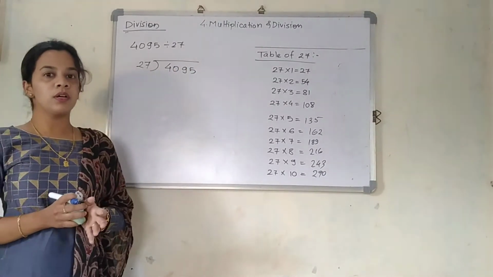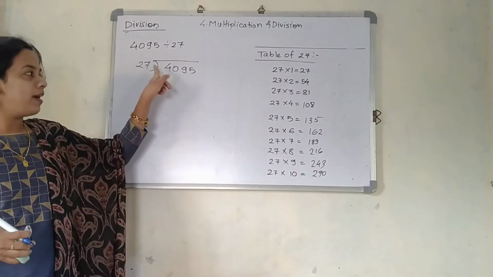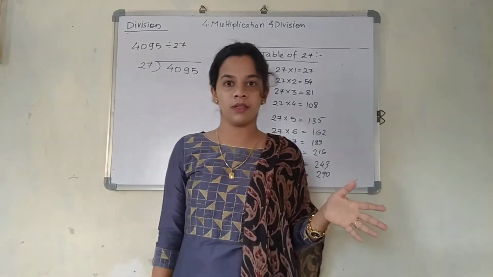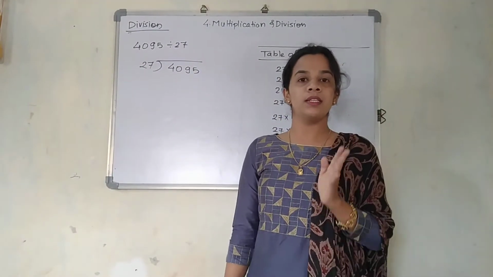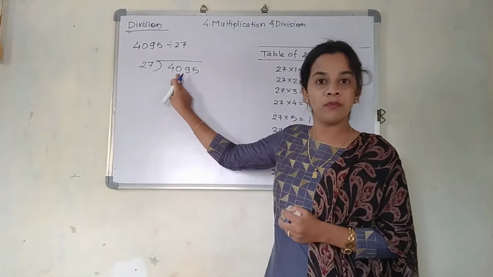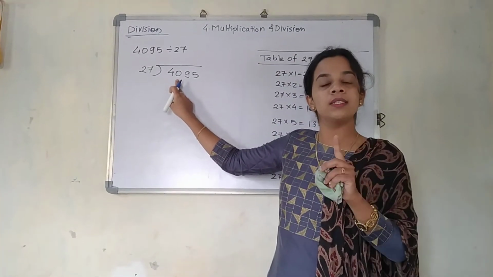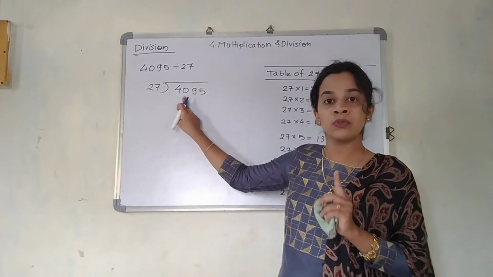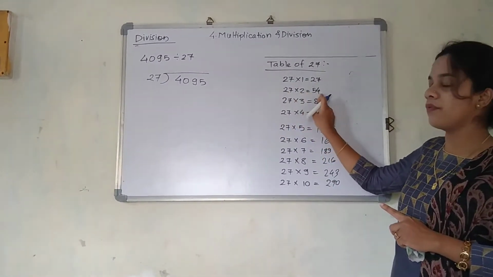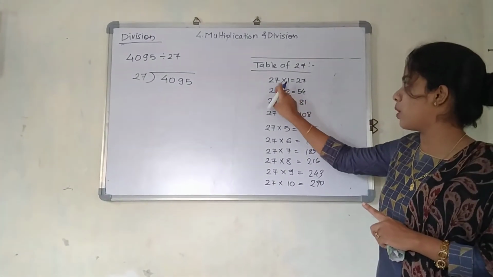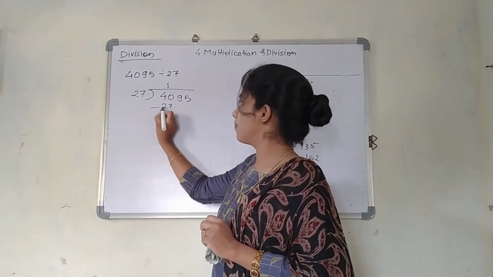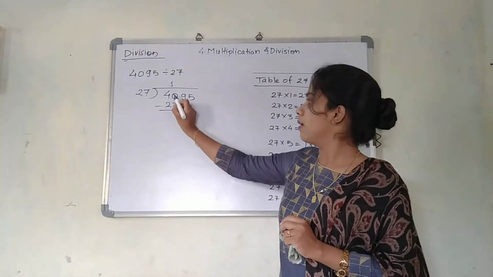Now just see, I am going to present it in such a way, 4095. Before starting division, focus on the first number. Is 27 divisible by 4, or is 4 divisible by 27? Sorry, earlier I said it in the wrong way. Is 4 divisible by 27? Not divisible. So I am going to take the pair of 2, 40. 27 ones are 27. Can I subtract it from 40? Yes. 27 ones are 27 and 27 twos are 54, so I am going to take 27 ones. I am going to do the subtraction.